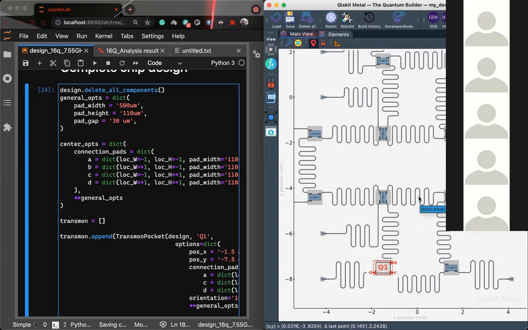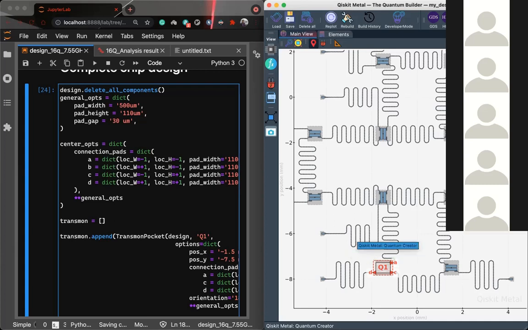So let's say this is at 5.1, and to entangle these two, I choose to give a 5.1 gigahertz signal to this. So this particular resonator should also be tuned to 5.1 gigahertz to get the maximum transmission. So that thing you have to ensure. And when it comes to the readout resonator, it again has to be tuned to the qubit frequency. So if this is at 5 gigahertz, this readout resonator should also be at 5 gigahertz.